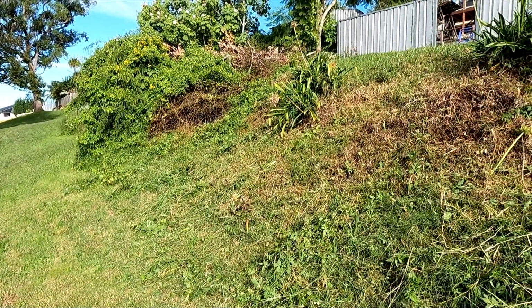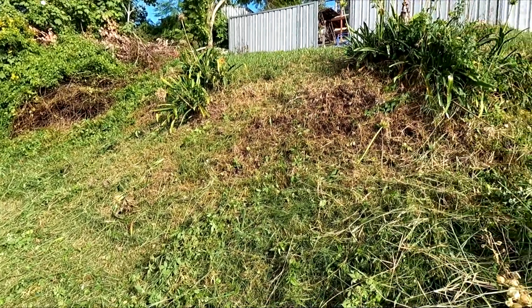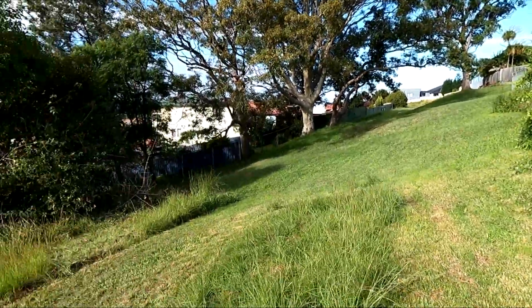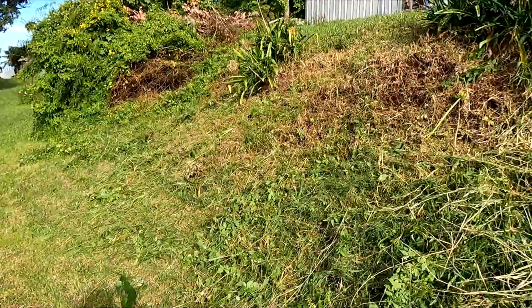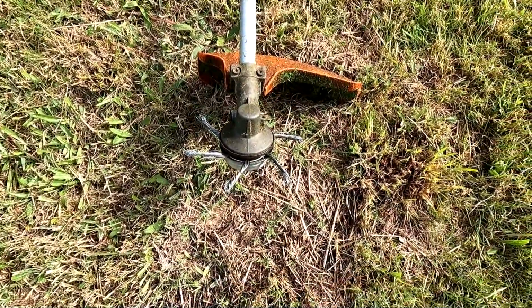Okay, so that's one session with a 6-wire trimmer. I mean, yes, we've cleared a bit, but haven't really finished what I would have liked to have done. Did have a bit of a session with that Lantana, but let's have a look at what's happening with the wheel, because I was starting to get some